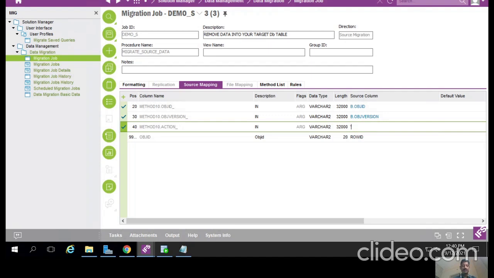So under the single quote, see guys, every record has a unique row ID. At the time of record insertion, at the time of record modification, at the time of record deleting, every time a row ID generates a unique value for those records. So I need to delete those records permanently from the target system. So that's why we are taking row ID. Save here.